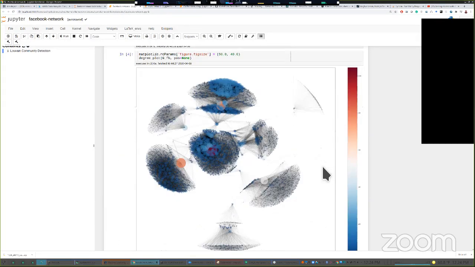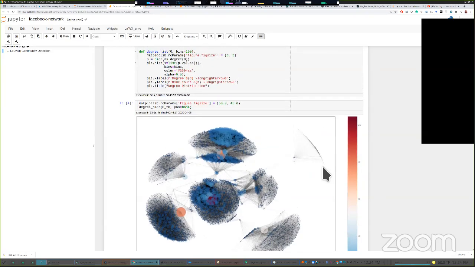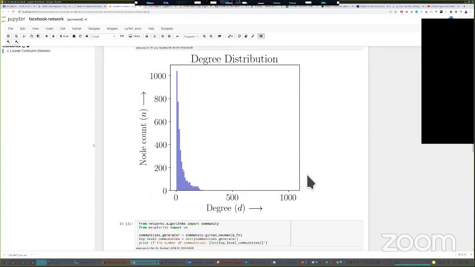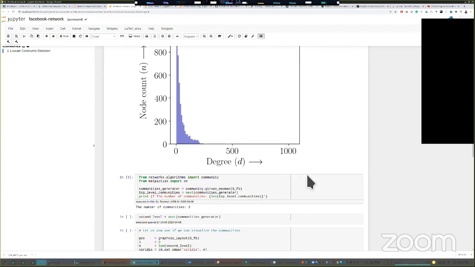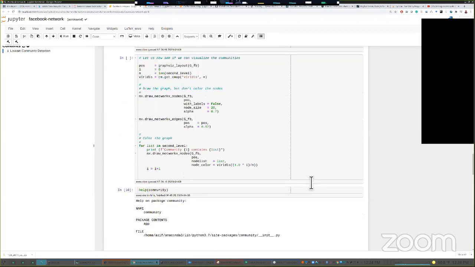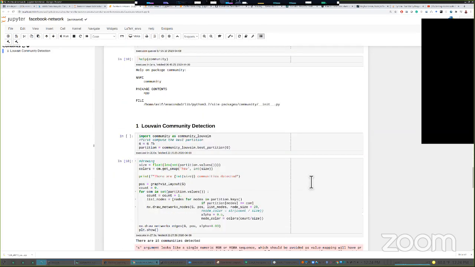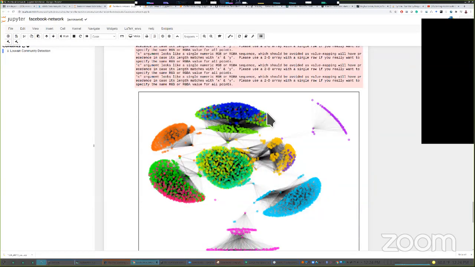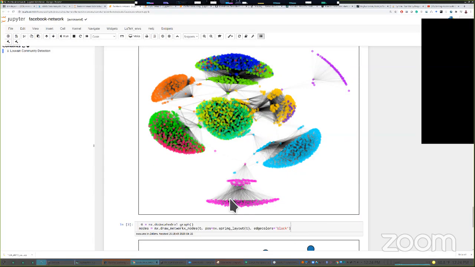Then within this, you can also look at the degree distribution, like how connected is each person to other people in the network. So these are called degree distributions. It's one of the things that you should do if you can in this. It's really helpful to do degree distributions. And then to detect the communities, when you look at that, there are all of these communities. Can you detect the presence of communities?